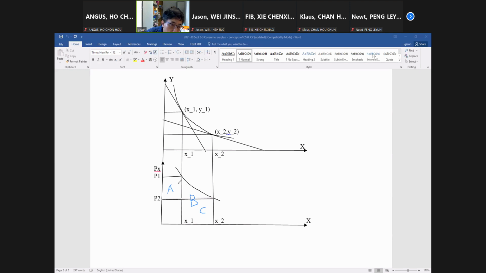So the consumer surplus in the Hicksian sense, the so-called CV, would be equal to A plus B minus C. Why minus? Because we want to calculate the size of the square plus the size of the triangle. But the triangle is the difference between B and C. B covers the whole area, and C only